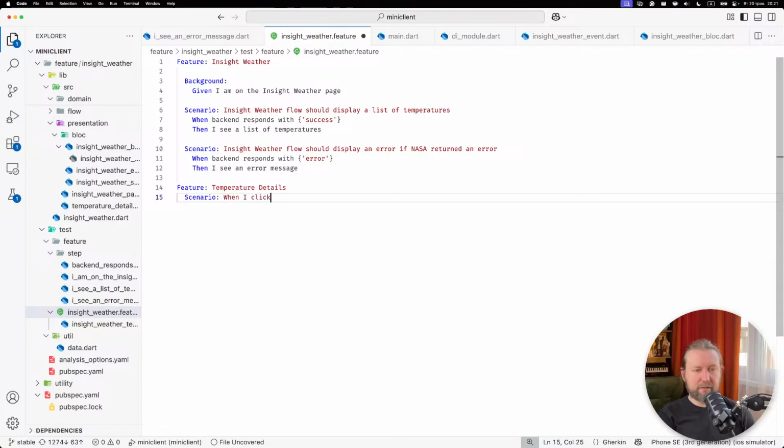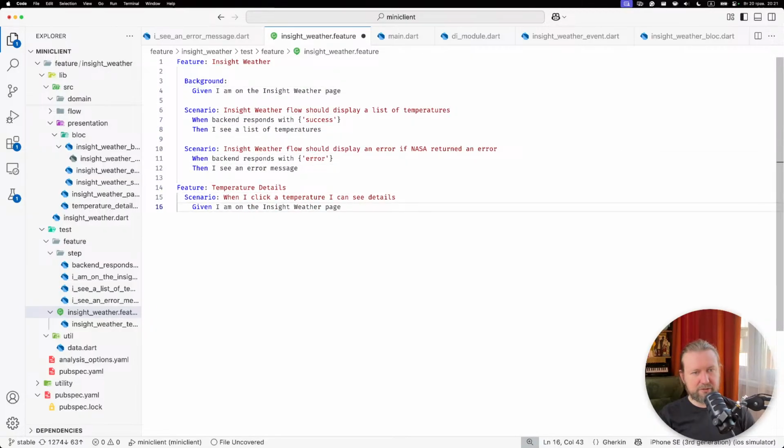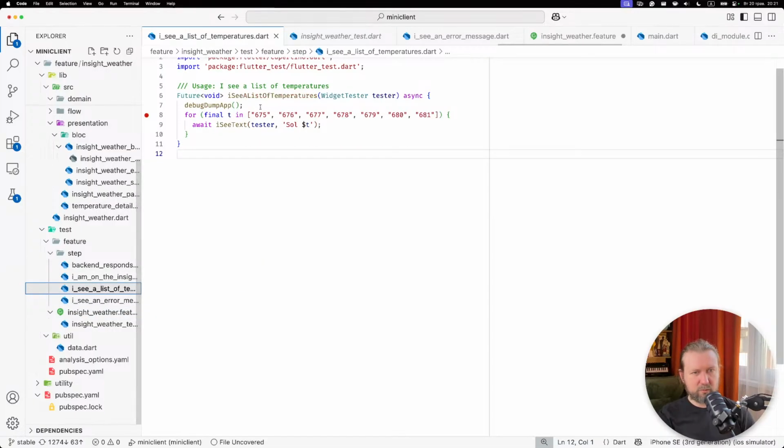When I click temperature, I can see details, something like that. The background is similar for this scenario, so given I'm on the Insights weather page, and then it's slightly different. So when I tap Sol,